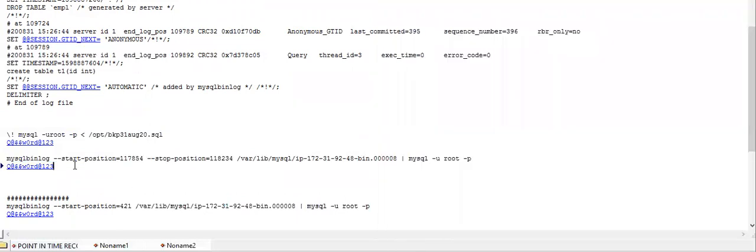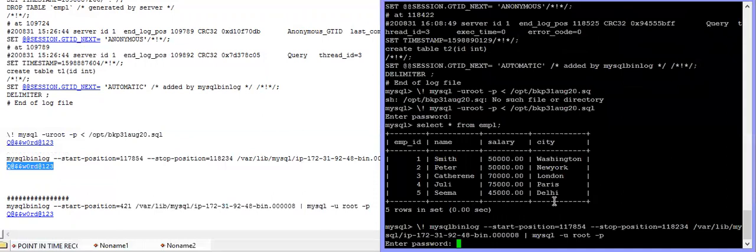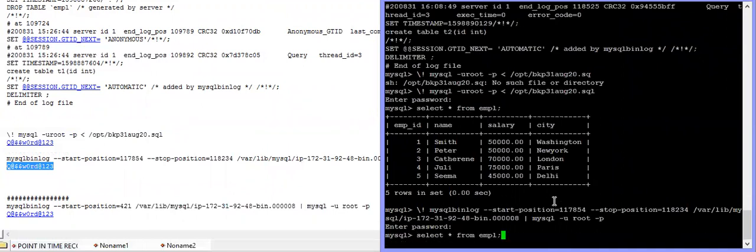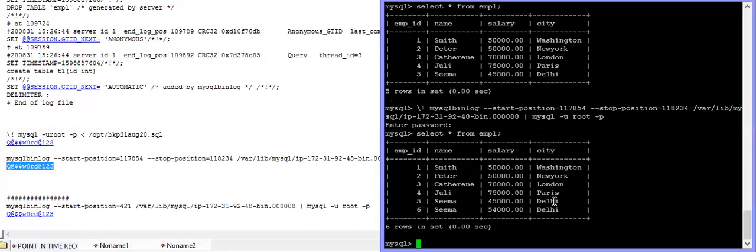Okay, it is there. Now I can see, yes, the 6th record has come, the same name,